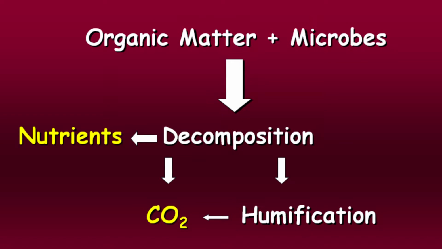The overall scheme of what we're looking at here is organic matter plus microbes. Together, we get decomposition activity going, and the result of that process, if everything goes right, is the release of plant available nutrients. The rest of it is given off as CO2 in their metabolism, respiration, or whatever is left over continues on decomposition processes much more slowly towards the humification process and the production of humus in the soil. So these are the main directions that organic materials go in once they're in the soil.